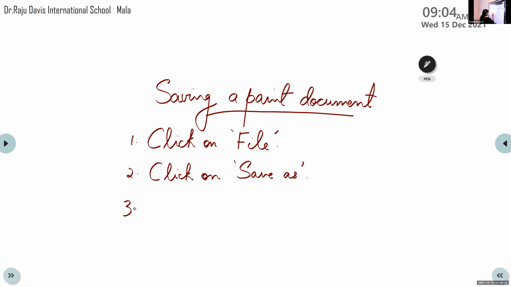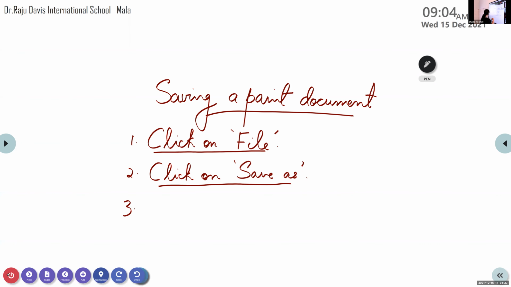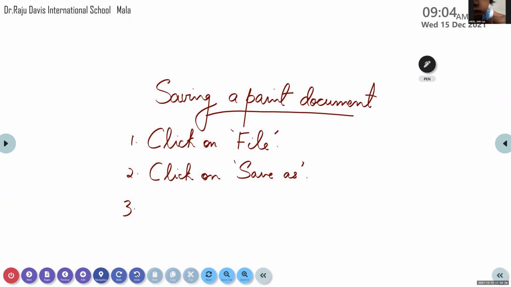First point, click on File, then click on Save As. Which one, dear? S-A-V-E. Then S-A-V-I-N-G. Saving in the heading.